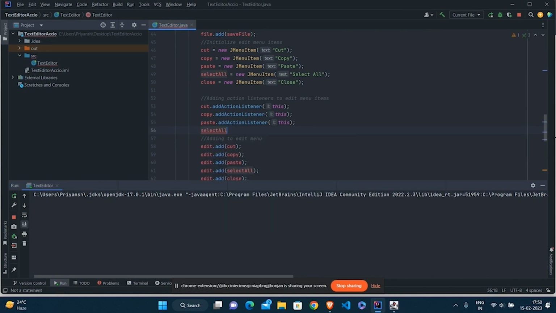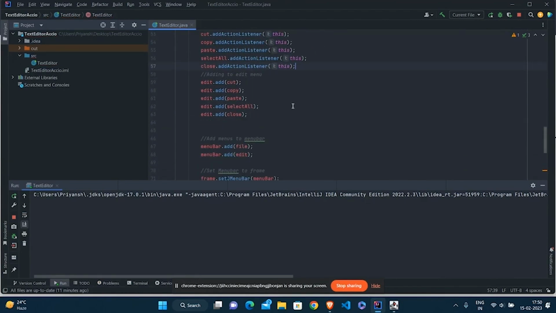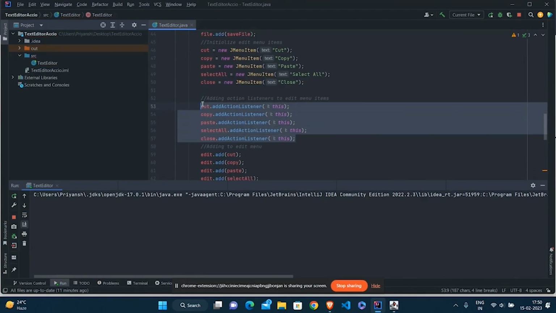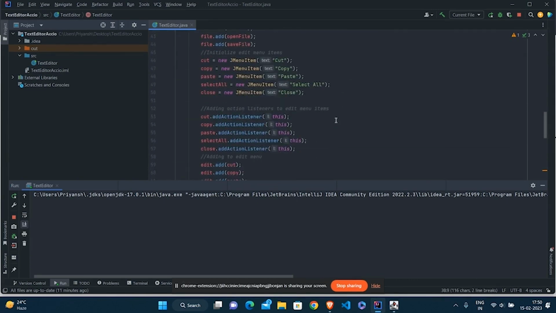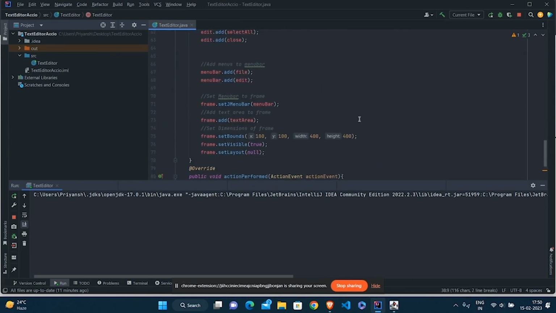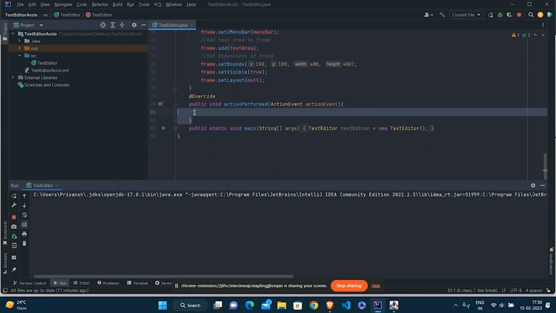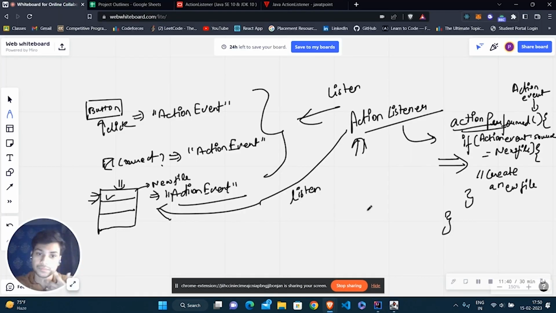Select all, addActionListener with this object. And after that, the last one, addActionListener with this keyword. So now we have added all of the action listeners to the menu items. Now we just need to specify, according to the action event, what function we need to perform.